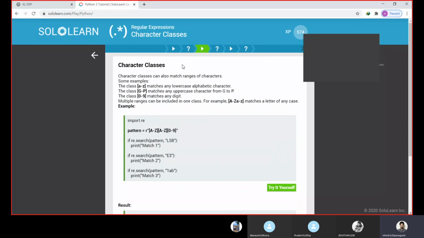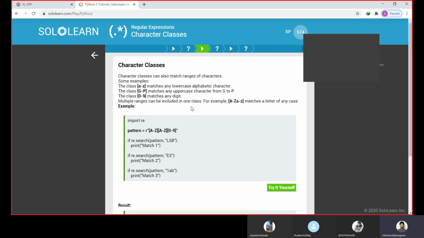Are there any other ways to declare our character classes? Yes, there are many ways we can declare our character classes. These are a few ways. We can give some ranges here. In the previous example we gave the characters that must be present in the string at least once: A, E, I, O, U. This range declares all the lowercase alphabets, a to z. For uppercase characters, G to P can be given in this syntax, declared in square brackets. For any digit, 0 to 1, a single digit 0 to 1.